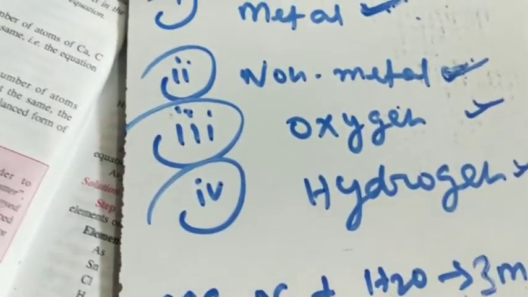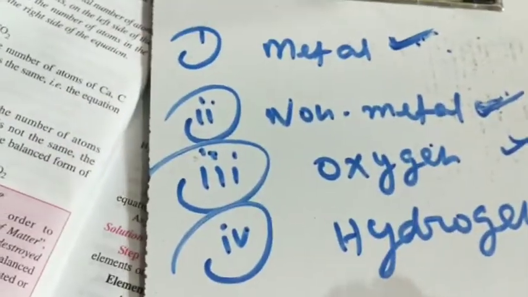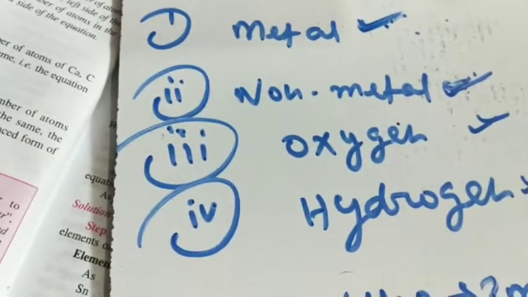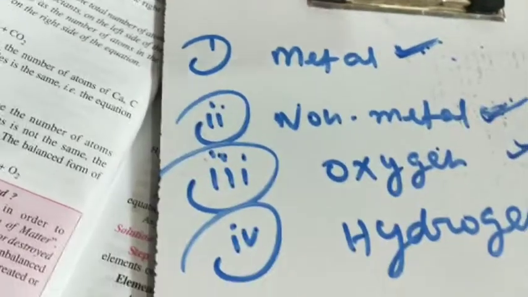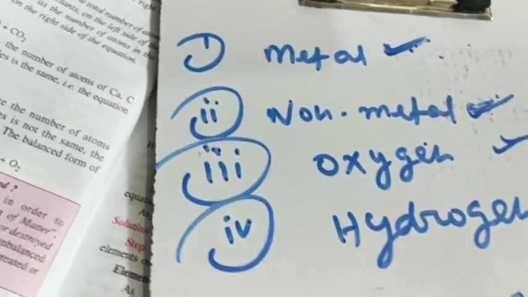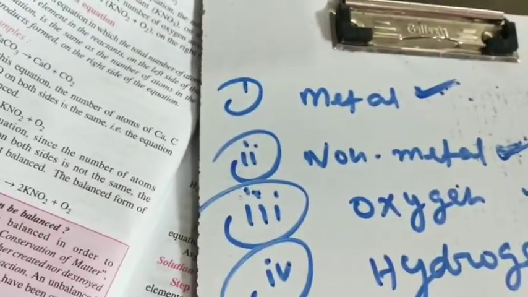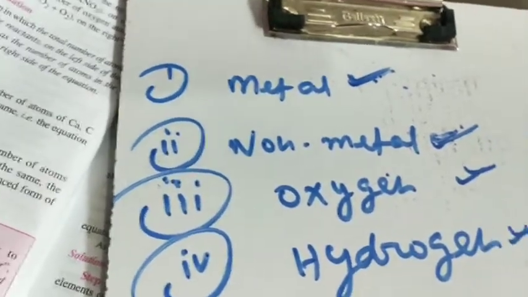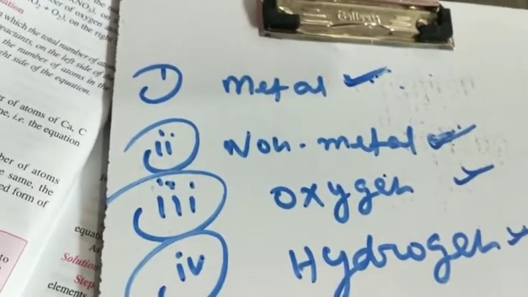On the left-hand side, in H2O, there is only 1 oxygen. So you apply 6 here. Now 6 oxygen, it is balanced. After checking the preceding step, you go on to the backward step. So you check each and every element again. After checking, that is 6 oxygen. The number of magnesium is 3, balanced; nitrogen 2, balanced; 6 oxygen, balanced.